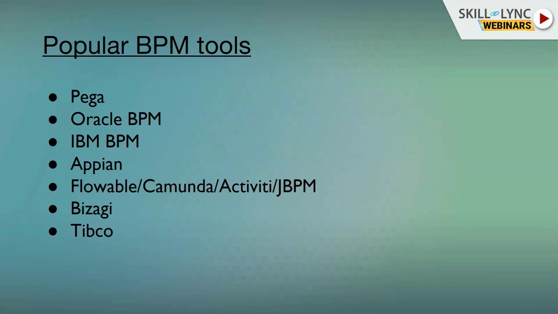And these are the popular BPM tools, like the leaders in the market, like Pega, Oracle BPM, IBM BPM, which is also known as Lombardi, Appian BPM, Flowable, Camunda, Activiti, or jBPM, Bizagi, and TIBCO. So different organizations, based upon their requirement, right, and the architecture and the type of work style they have, will choose different tools. They can take the licensing of them. These are the paid or enterprise versions, so they can have a tie-up with them. With that, they can get the sales and support as well as per their contract.